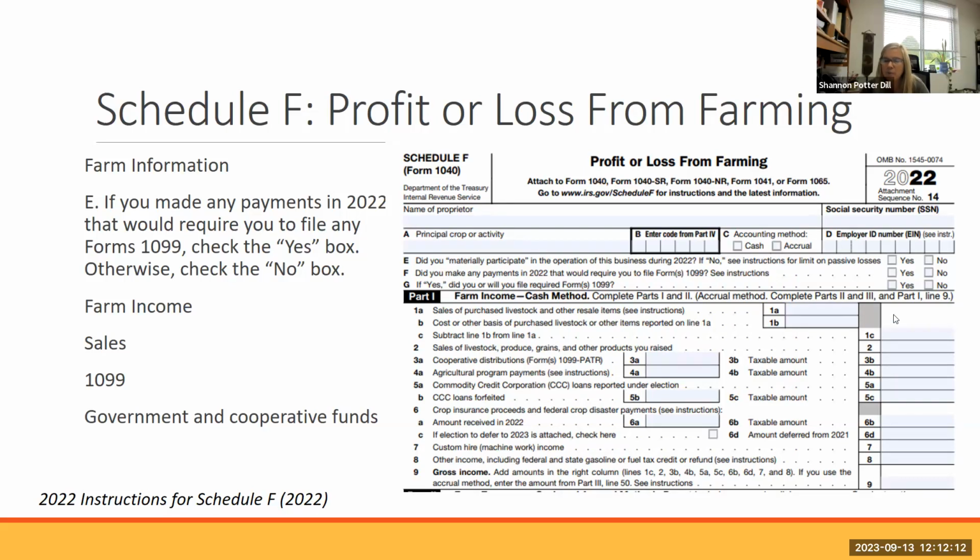Accrual businesses would be mostly corporations, farms that have maybe multiple generations that have gone through the incorporated process of business entities would more than likely use this accrual method. Today, we are going to talk about the cash method.